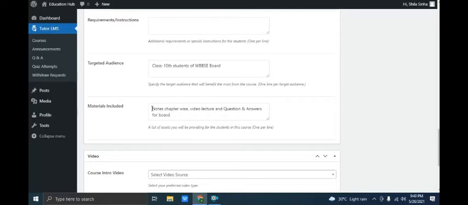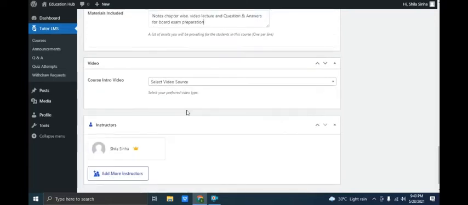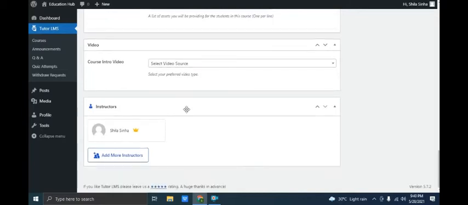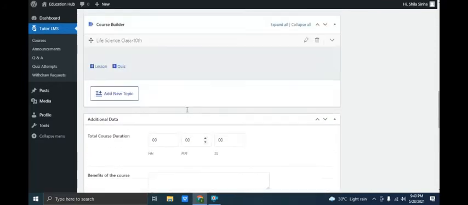Okay, after that, the most important thing: you don't have to put the video. You can put both types of lectures, video lectures along with the notes and question answers, or only the notes and question answers. It depends upon you. If you don't want to give any video lecture, it's not mandatory. But if you give it, the video lecture will appear on the same place above the notes. If you want to give the video lecture, then you have to see here, video source.